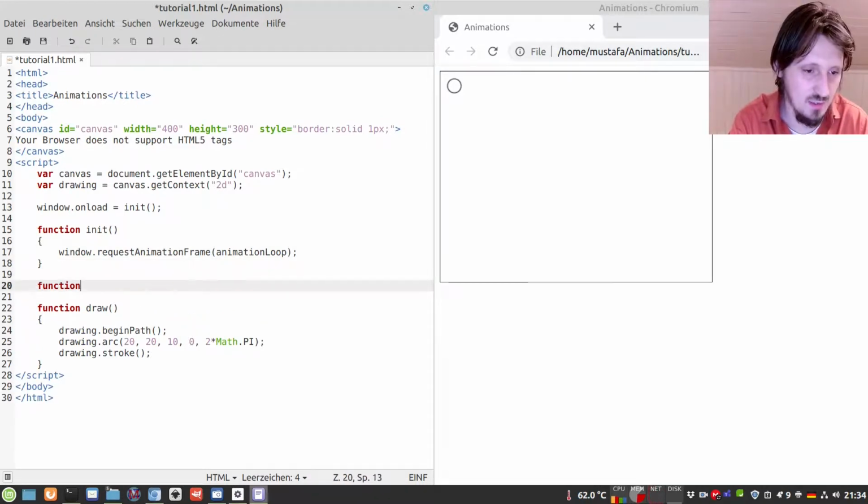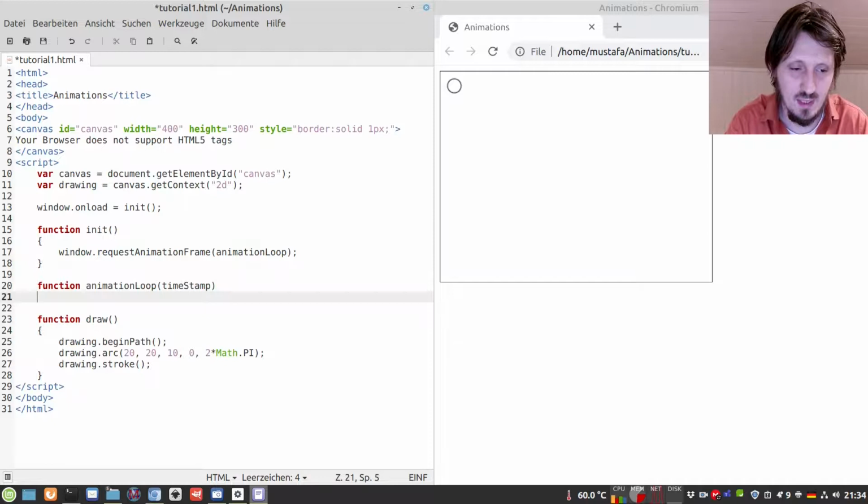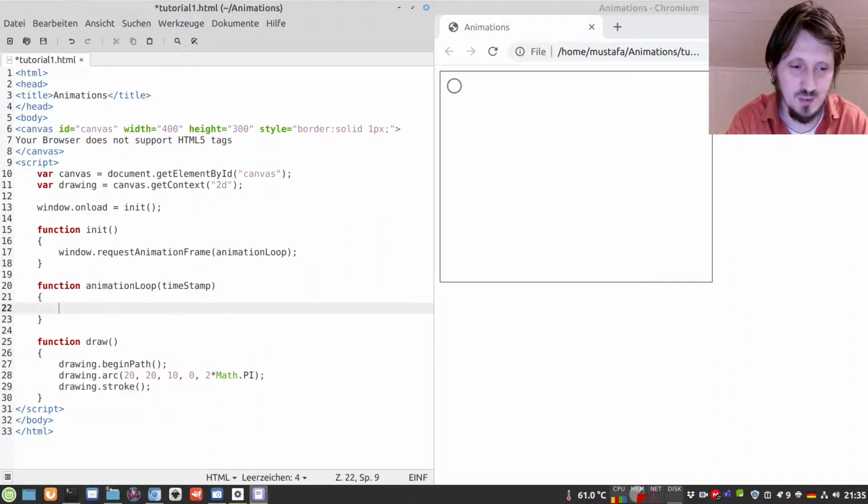So we write function animationLoop, and the argument of this can be, for example, timestamp, which is related to the actual timestamp, but for the time being we don't need that. Later in one of the next videos I will explain how these things with the timestamps actually work, but for the time being we don't need it because we can make it much more simple, which has some disadvantages, but for the time being it's perfectly okay.